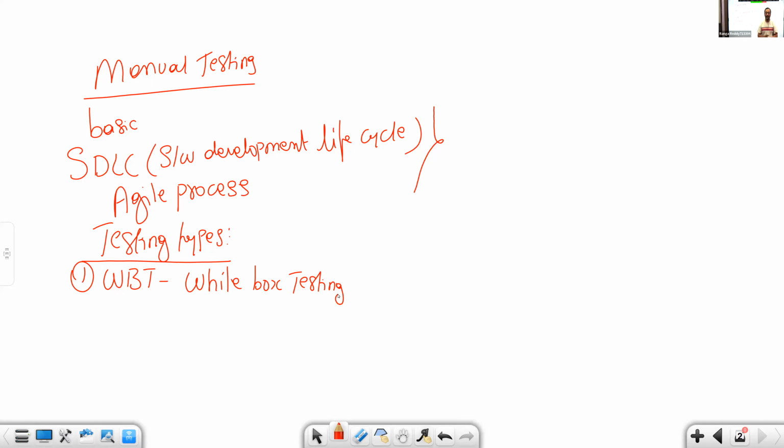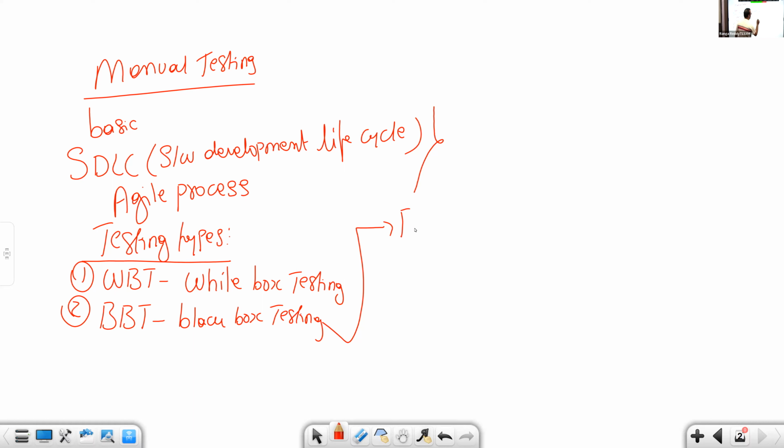But as a tester, your involvement is not in white box testing. What we need to learn as a testing team are our techniques called BBT. BBT stands for black box testing. In this black box testing, we have to learn various techniques. How do you test any software using black box? Whatever software we have in the market, for every software we go with common techniques. One is